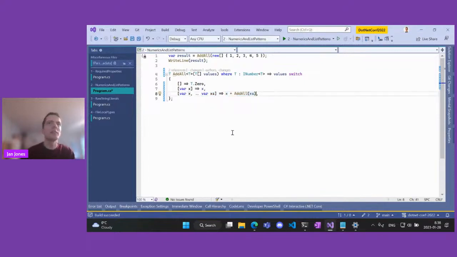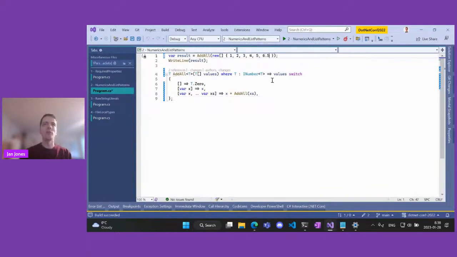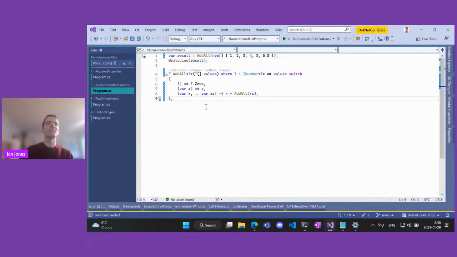So this is a nice recursive algorithm, and I can show you it still works on integers. It still works also on doubles. So yeah, it's a nice way to be more declarative in some cases. One thing I didn't tell you is this slice actually can match even empty arrays. So if I had an array of 1 element, this could match the first one, and this would be an empty array.